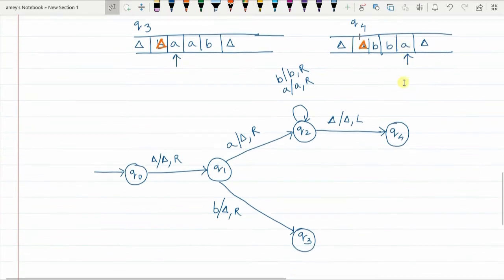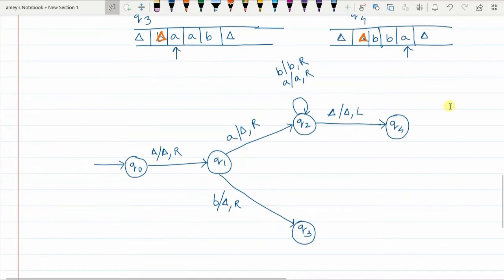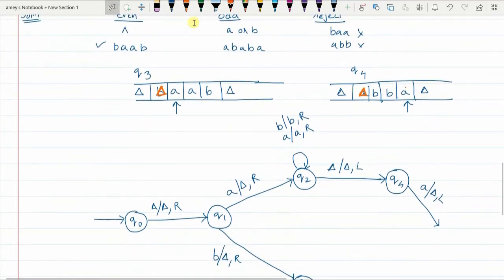So in Q4 state, if the element I am encountering is A, I replace that A with delta and the pointer moves one place to the left. So for the first A we have been able to match the last A.